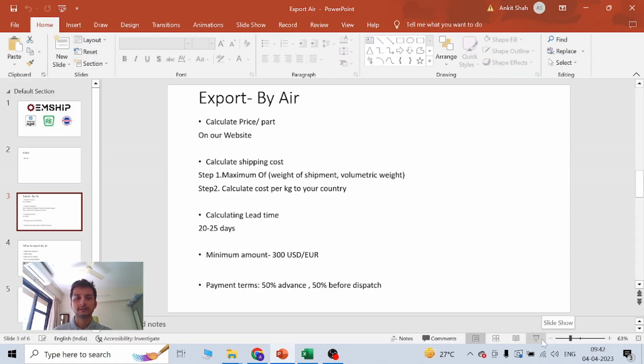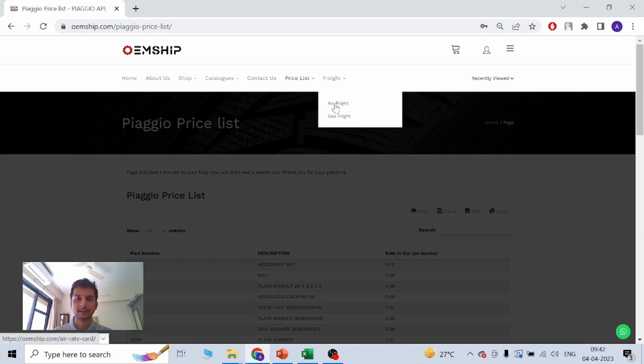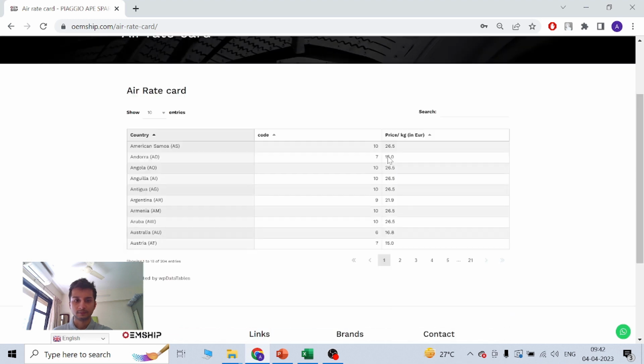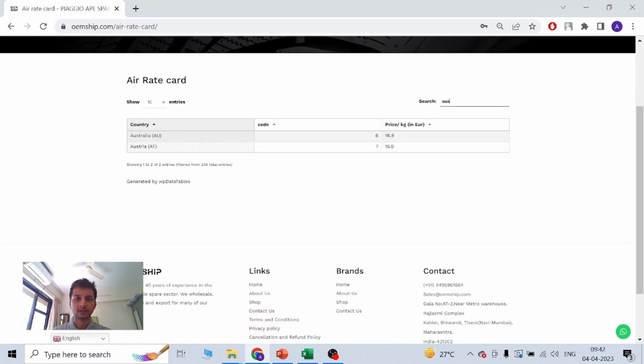Now second is, how do you calculate the cost of your shipment? You can go back to my site, to freight cost, freight by air. Here you need to type your country. Suppose it's Australia, we charge about 16.8 EUR.